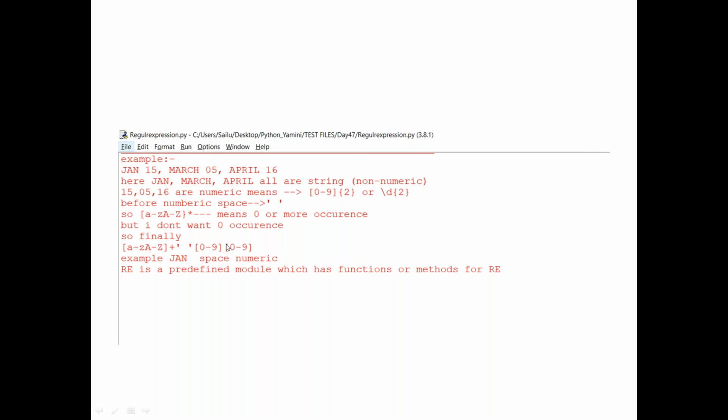So this is the way you can represent your letter, date and month. Are you getting my point? How to represent your date and month. Any questions, Amini?